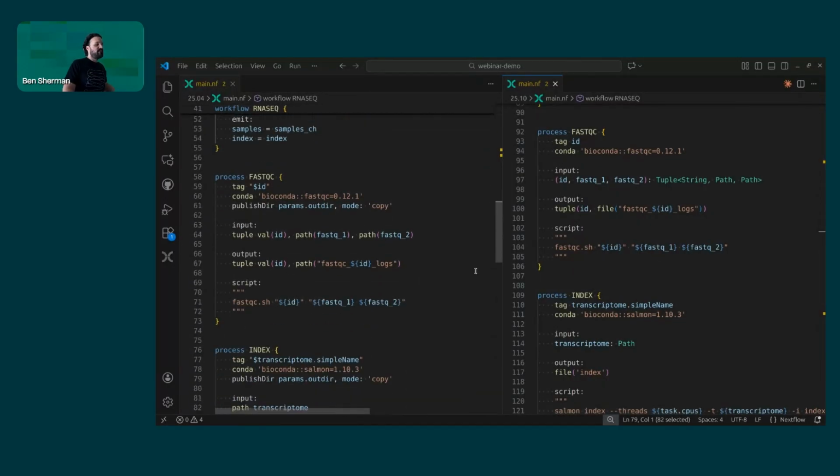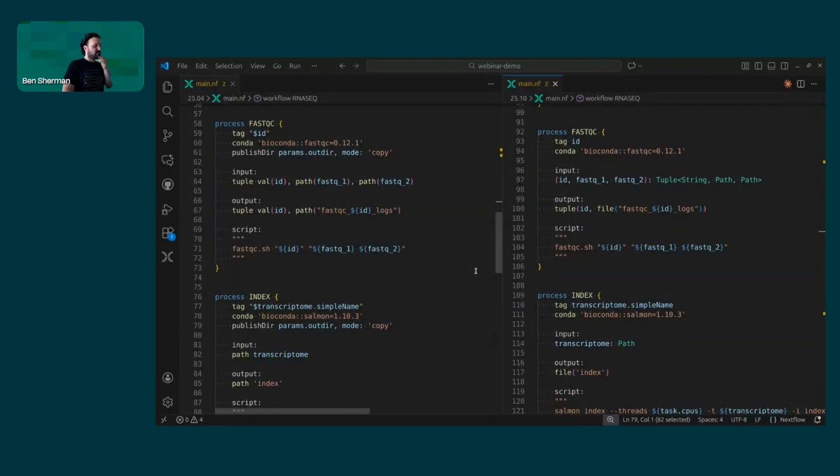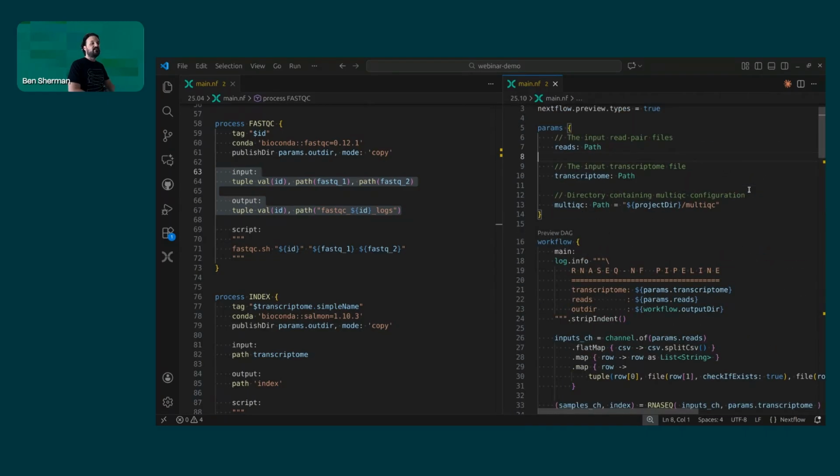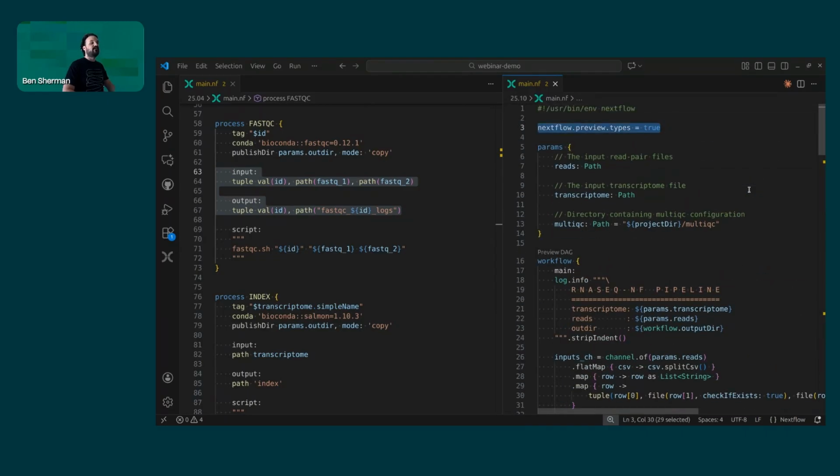Last piece to show is the processes as far as static types are concerned. So again, mostly hasn't changed. The directives are the same. The script block, the exec block, all that stuff is the same. What has changed are the inputs and outputs. And this is actually a pretty significant piece. Because of this, this particular part of the new language updates, this new syntax for processes specifically, has to be enabled with a feature flag, with a preview flag. So that's why this